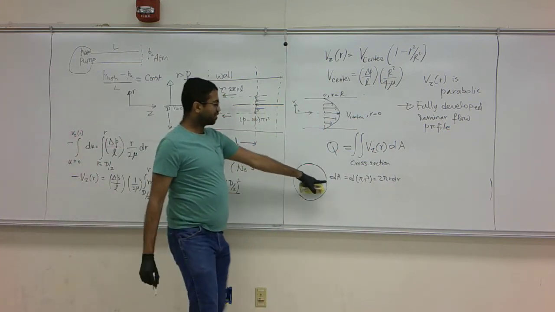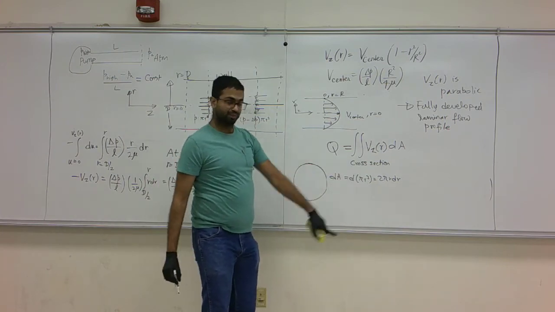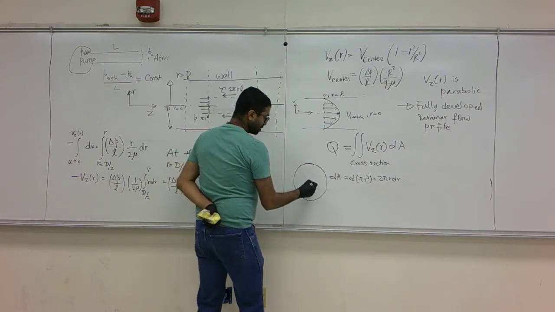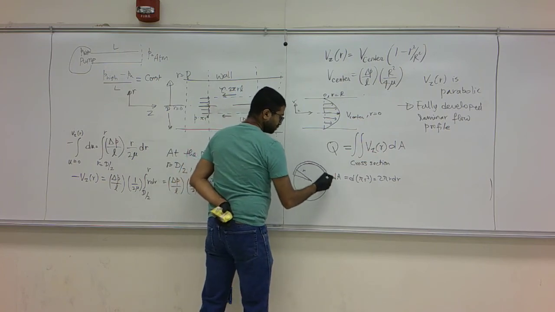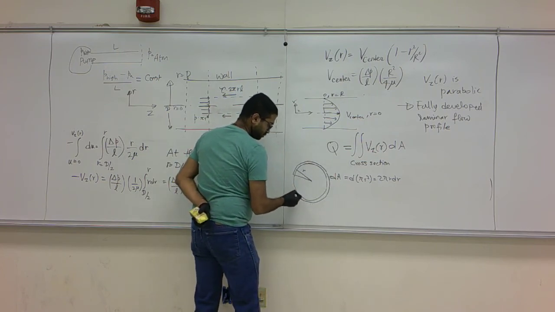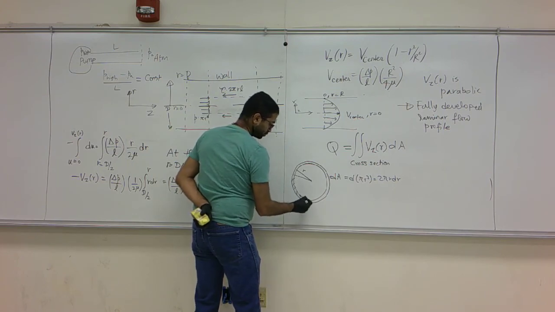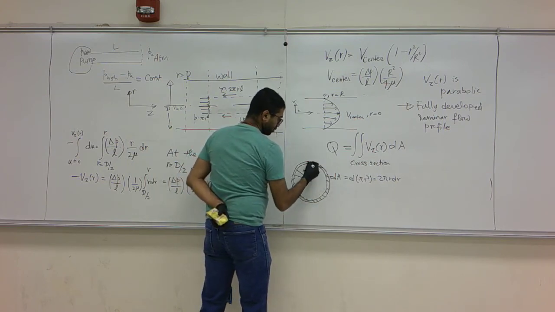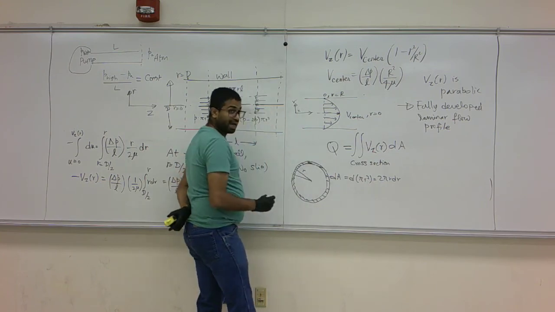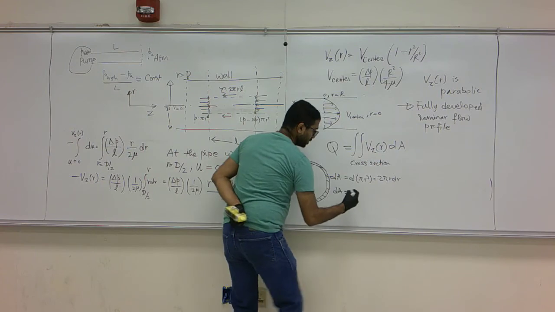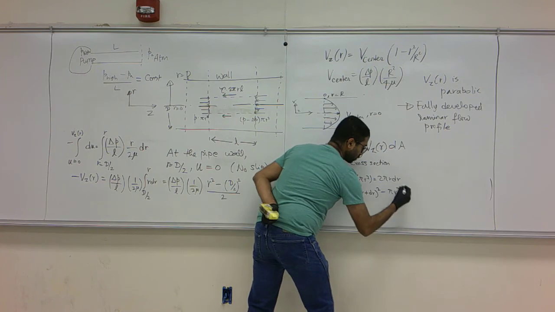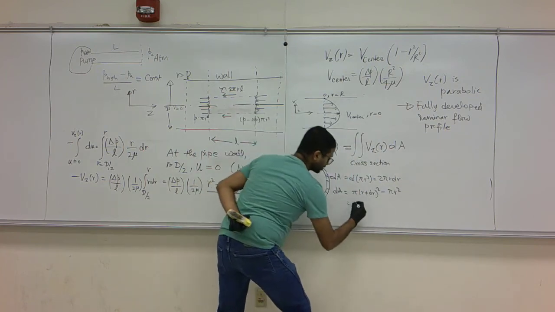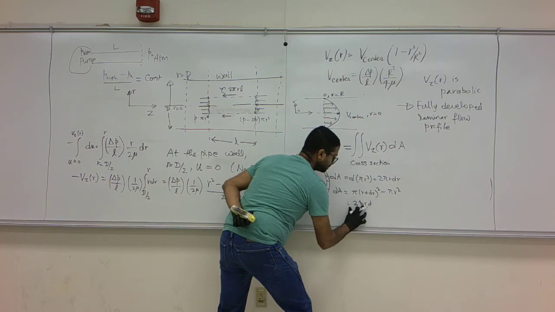The other way is for you to consider two circles, one of radius r and another of radius r plus dr. dA is the area of the dashed area, which is pi times r plus dr whole squared minus pi r squared. If you do the simplification, this is 2 pi r dr